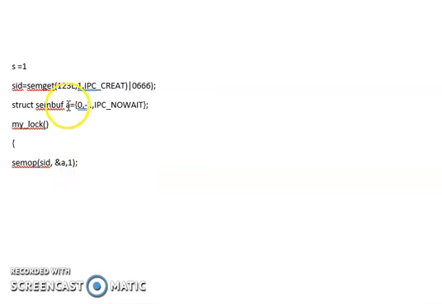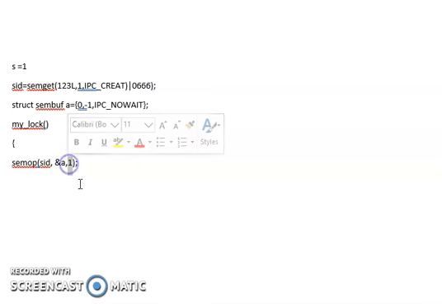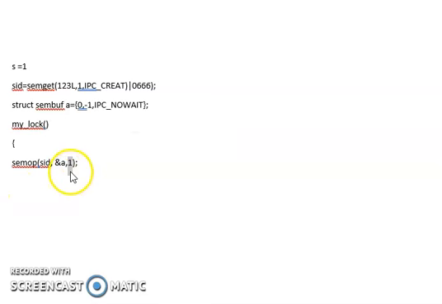Suppose I am making this structure an array of structures, A of 2, and I write 2 structures of this type. Then how many you are trying to pass is what you need to mention inside the third parameter of semop. Let me put that inside an if. Check against less than 0, and I'll print out saying that error. So this is my function mylock.